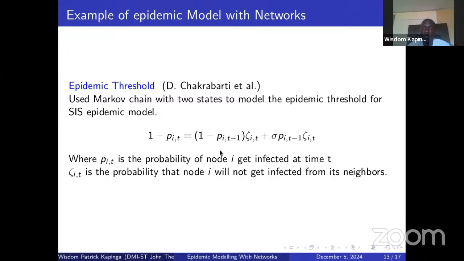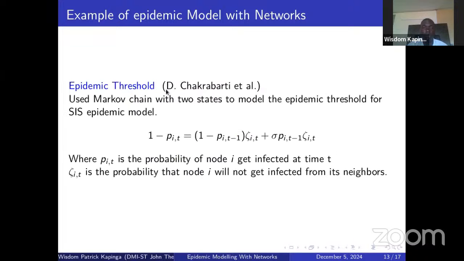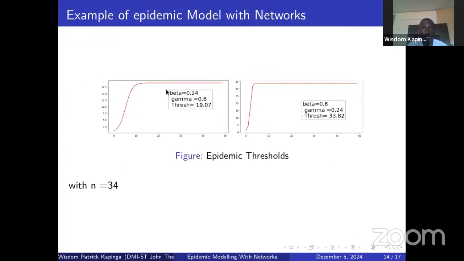So if you're using this model and we try to do simulations, for example, I took a network with 34 individuals, and if we use this model and run the results, then we're going to see that